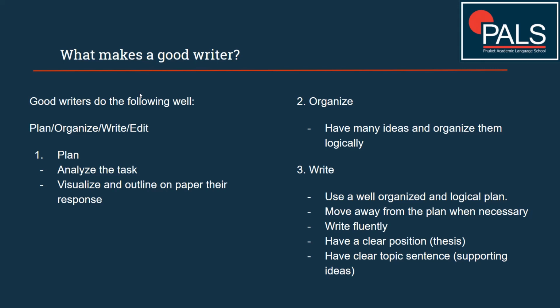Okay, so for the ER, once you've read the two articles, and once you've picked out which of them you believe is the stronger supported, you need to just visualize how your essay will look in your mind, okay? You can see you've got your introduction with your thesis statement at the end. You've got 3 or 4 body paragraphs which support your thesis, and you've got your conclusion at the end. Okay, so keep that vision in your mind, and then once you've done that, you will then outline this on your